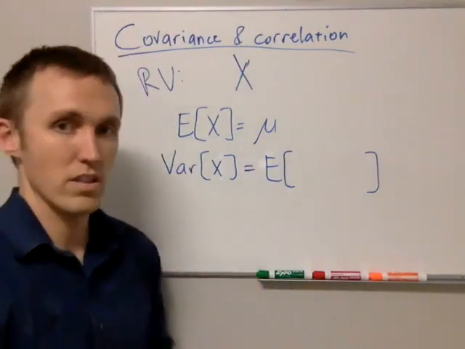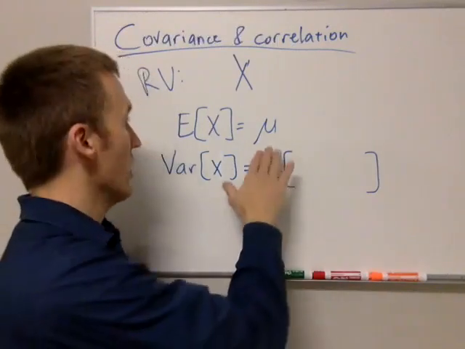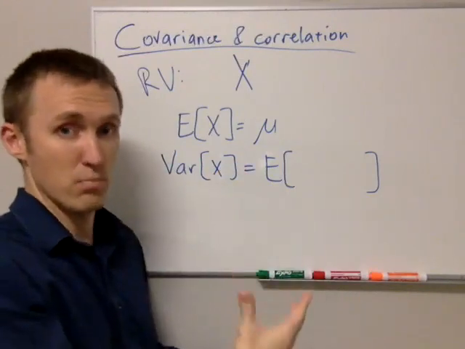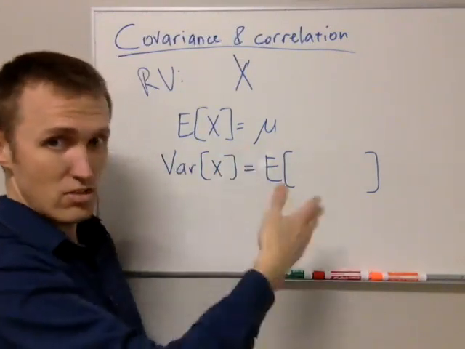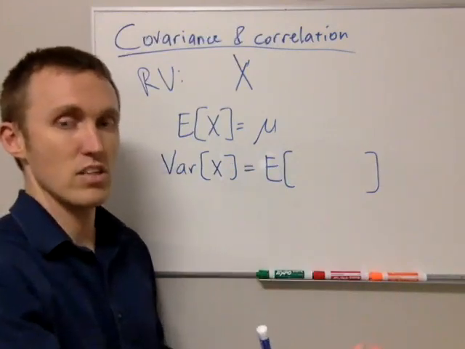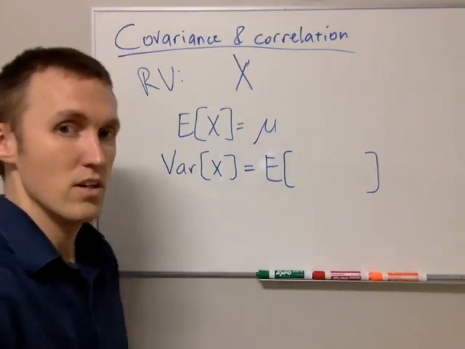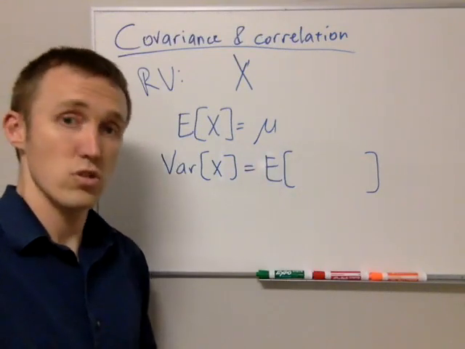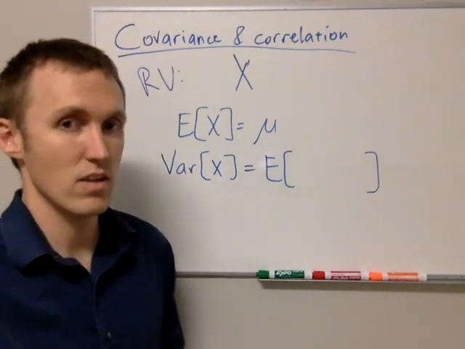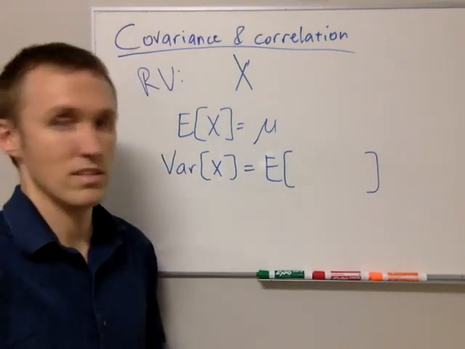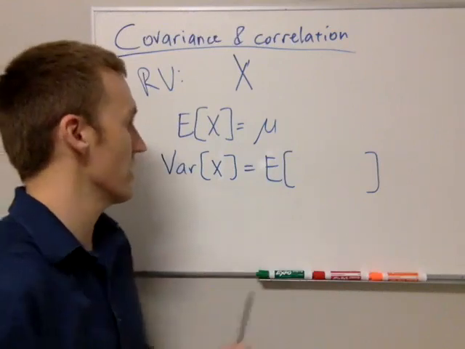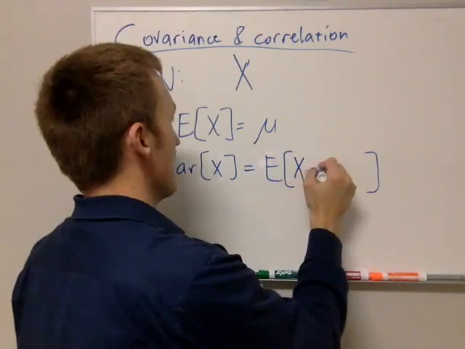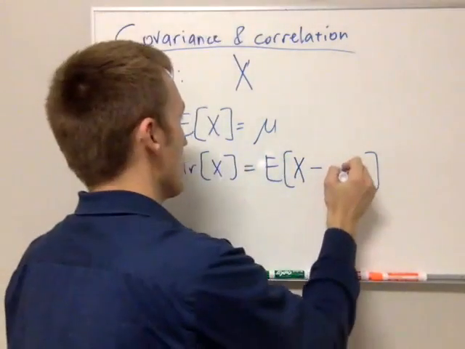And again, just as a reminder, the expected value, it's what you expect, right? So if you take a weighted average of all the values in x, weighted by their probabilities, and then integrate or sum, depending on if it's a discrete or continuous random variable, you'll get the mean. So it's like you're weighting all the possible values you could get in x by the probabilities of getting those values, and so it's the center of your data set. It's the average. Same thing here with variance, except now it's the expected value of x minus mu